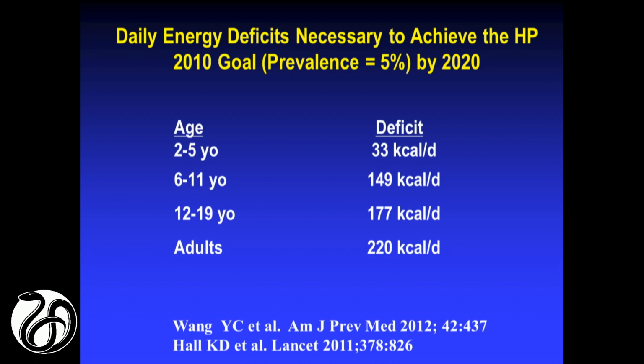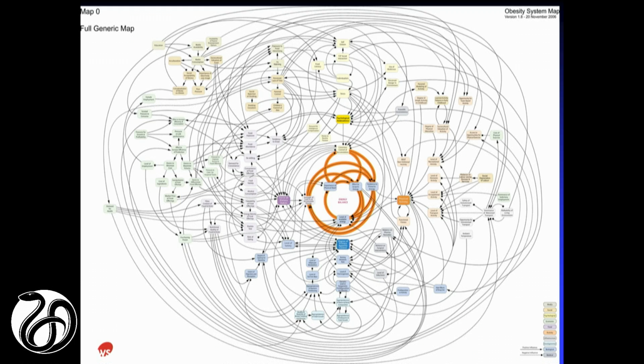Now, the complexity of obesity is emphasized in the next slide. This comes from the Foresight Office, the science office in the UK, and an expert committee got together almost a decade ago and began to map the various pathways related to obesity. These orange lines in the center are the critical interaction of energy intake and energy expenditure. And it's that imbalance which accounts for obesity. But all of these other pathways and the relative impact of these pathways is exercised through their effect on energy